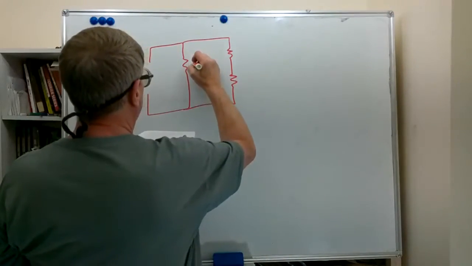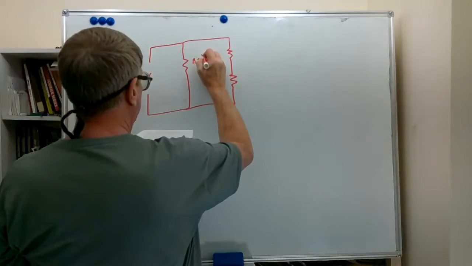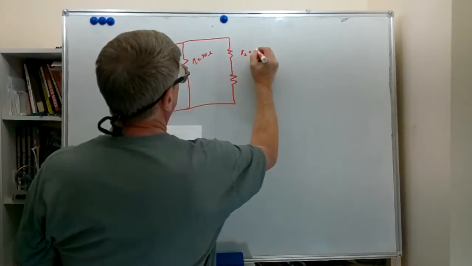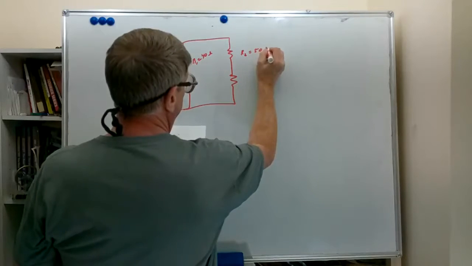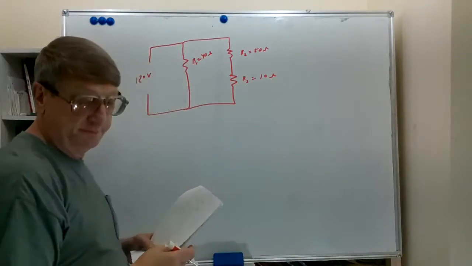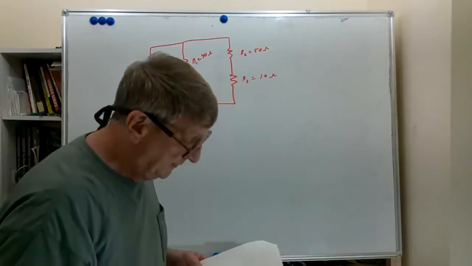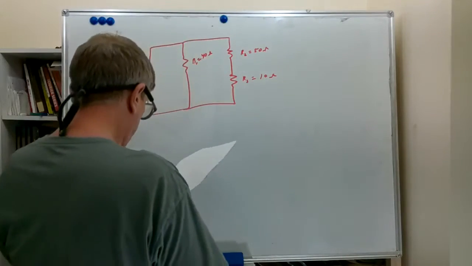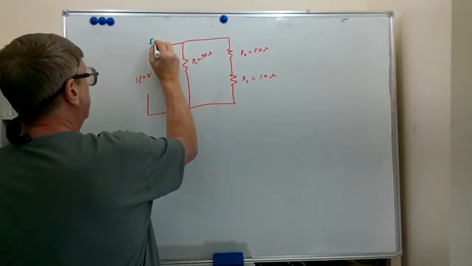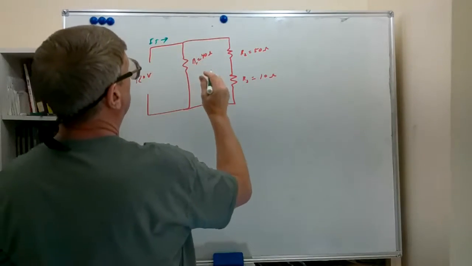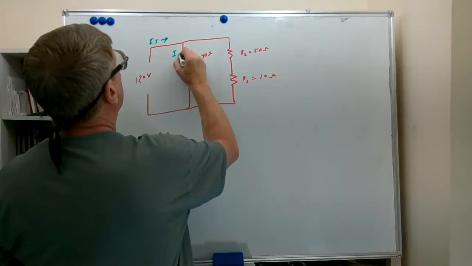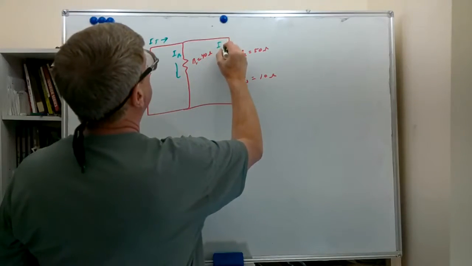We have R1, which we're going to call 40 ohms. We have R2, which we're going to call 50 ohms. And R3, which is 10 ohms. We'd like to find IT, I'm going to call it IA, I want to find IB,